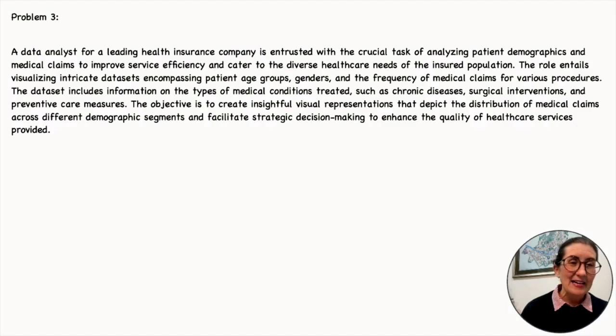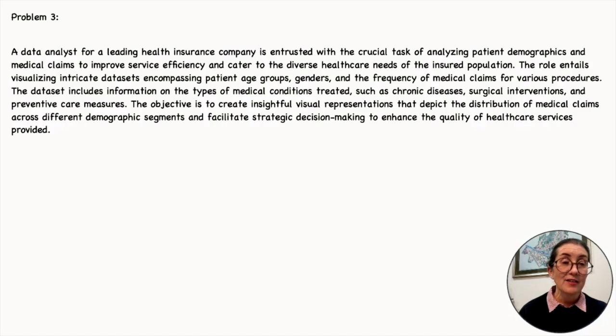Problem number 3. A data analyst for a leading health insurance company is entrusted with the crucial task of analyzing patient demographics and medical claims to improve service efficiency and cater to the diverse healthcare needs of the insured population. The role entails visualizing intricate data sets encompassing patient age groups, genders, and the frequency of medical claims for various procedures. The data set includes information on the types of medical conditions treated, such as chronic diseases, surgical interventions, and